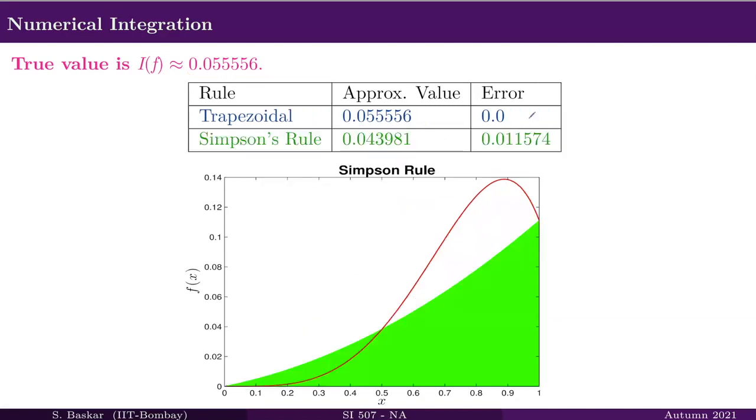Whereas Simpson's rule, of course, is trying to put a quadratic polynomial. Therefore, if the area included and area excluded are balanced with a straight line, surely it will not balance with the corresponding quadratic polynomial, right? So that is what happened here, and thereby Simpson's rule actually included some error.